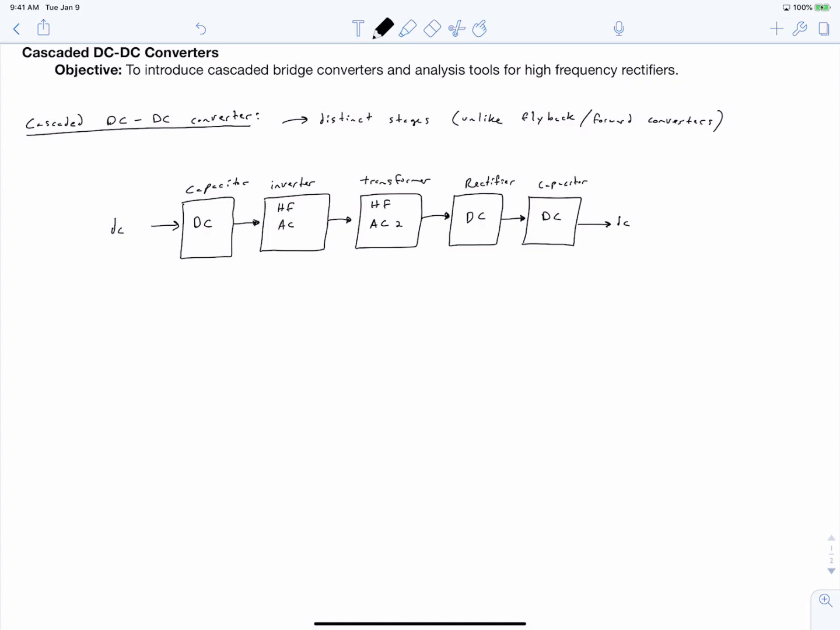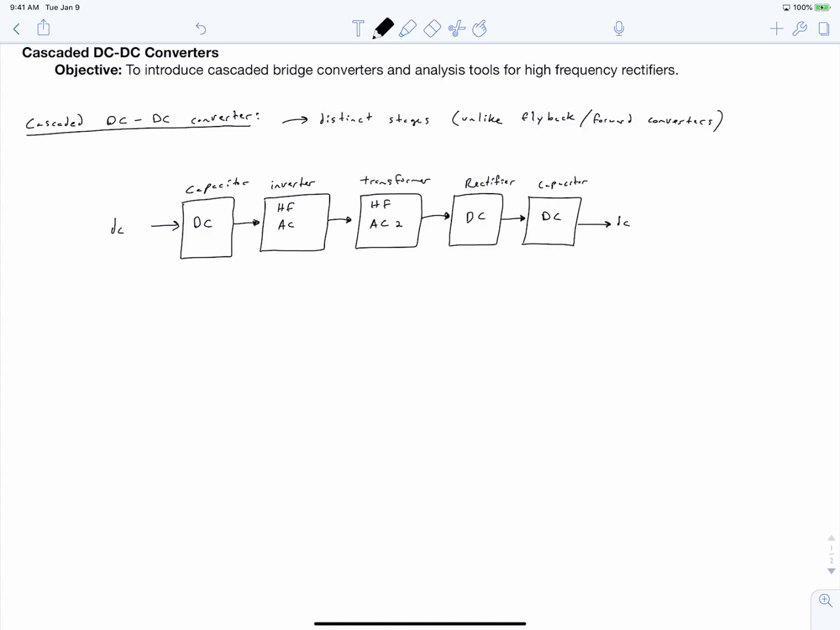The objective of this video is to introduce cascaded bridge converters and analysis tools for high-frequency rectifiers. We've previously been talking about flyback and forward converters where the transformer is integrated right into the single-pole double-throw switch. Now we're going to talk about a different philosophy for DC-DC conversion, for isolated DC-DC converters, which is the cascaded